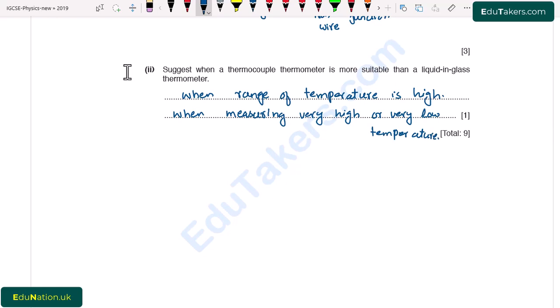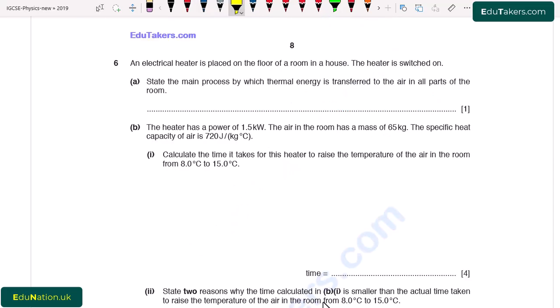Then we prefer thermocouple thermometer over liquid in glass thermometer. Question number 6. An electrical heater is placed on a floor of a room in a house. The heater is switched on. Part A. State the main process by which thermal energy is transferred to the air in all parts of the